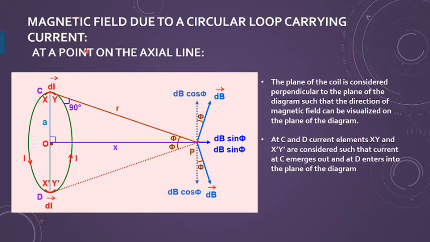Because of this circular ring, of course it is a three-dimensional thing, so you need to understand the things, and we have the point P here in the diagram. If I draw the diagram, then you have to see this diagram. Point P is here and this is the current carrying loop. I have supposed the current is flowing in the anticlockwise direction as shown in the diagram. So when the current is flowing, I am taking the small current element dl here. I may take the small current element at point D, x dash, y dash also here. I am finding the magnetic field due to this small current element at the point P.